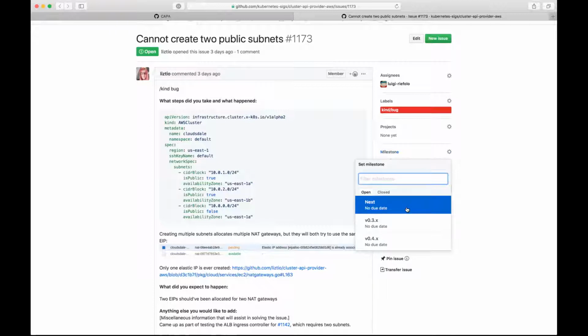Andrew, you all don't currently have needs for multiple public subnets, do you? Well, we do, but this is about creating them as part of creating a cluster, right? Yeah. So we don't use Cluster API to create our networking. Okay. So we don't have a need there.